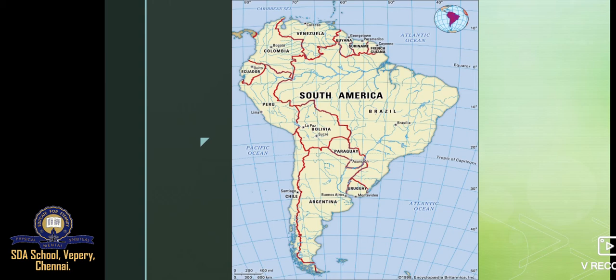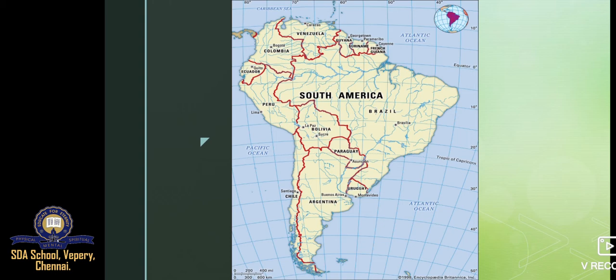South America is broader in the north and tapers towards the south. In the south, the continent is very close to Antarctica. The southernmost tip of the continent is called Cape Horn. The Strait of Magellan separates the main continent from the islands of Tierra del Fuego. The coastline of South America is very smooth, except in the extreme southwestern part. There are a few islands off the coast.